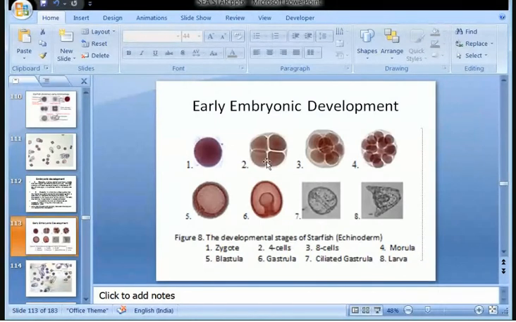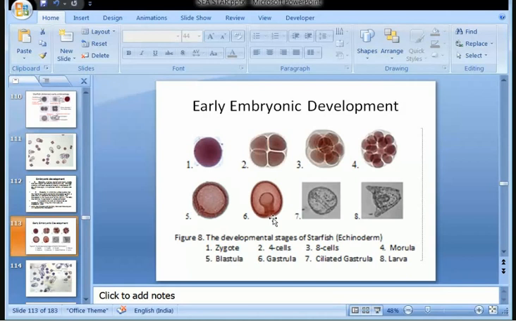So here in this picture, we again see the zygote, then this is the 4 cell stage, then the 8 cell stage, and the morula stage, which is a solid ball of cells, and the cells get progressively smaller in size. Then this division continues, and blastula formation occurs, having a blastocoel, and the cells are arranged somewhat on the periphery. Then this pushing in occurs here, the gastrula formation. This part is the blastocoel.